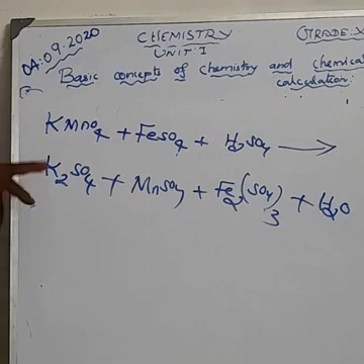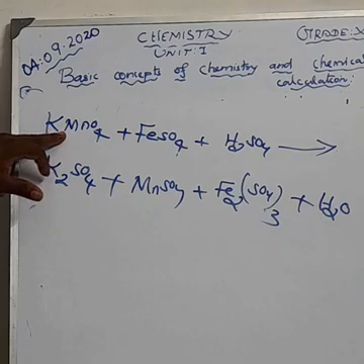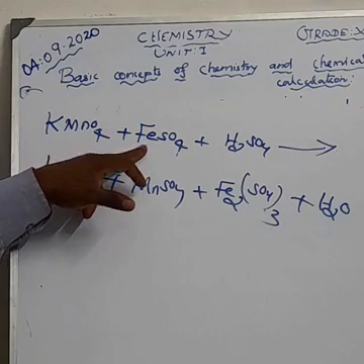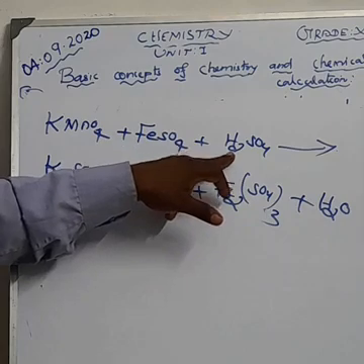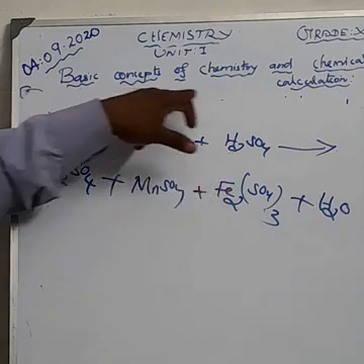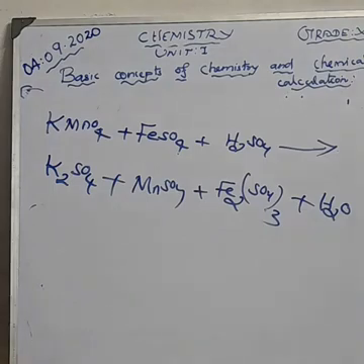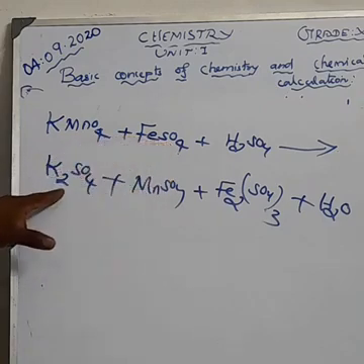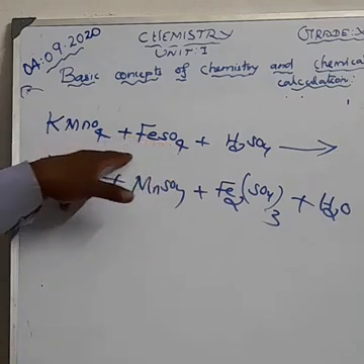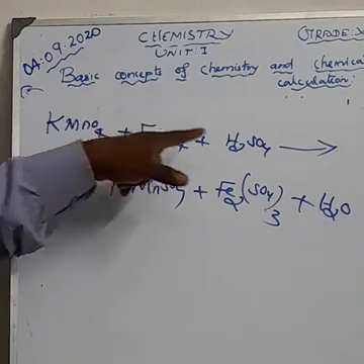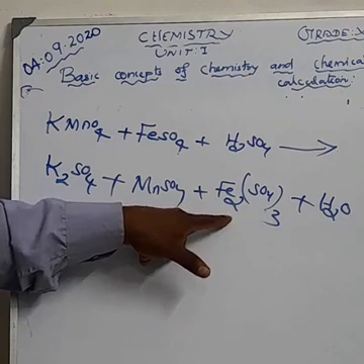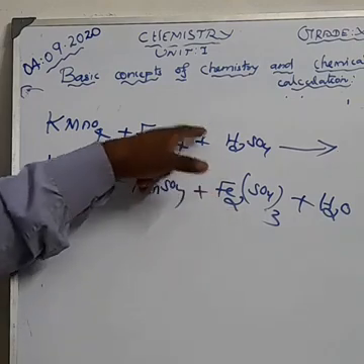Can you learn the equation? First one is potassium permanganate, KMnO4, which reacts with ferrous sulfate, FeSO4, plus sulfuric acid, H2SO4. Both of the reactants react to give the products. Potassium combines with sulfate to form potassium sulfate, manganese combines with sulfate to form manganese sulfate, and ferrous sulfate is converted into ferric sulfate, Fe2(SO4)3, plus hydrogen and oxygen combine to form